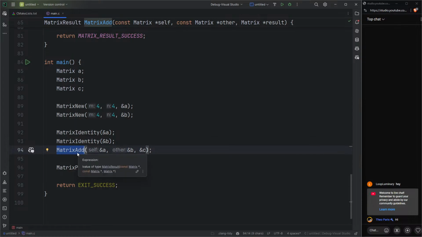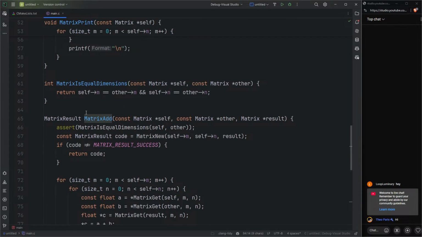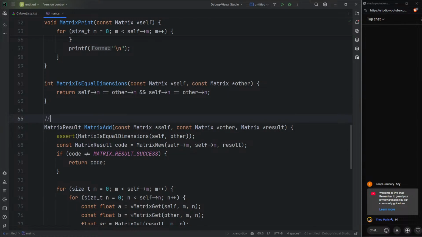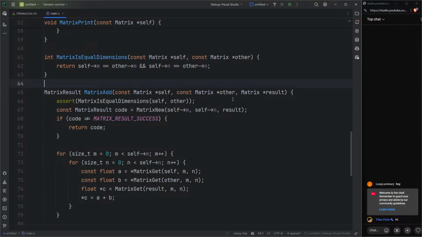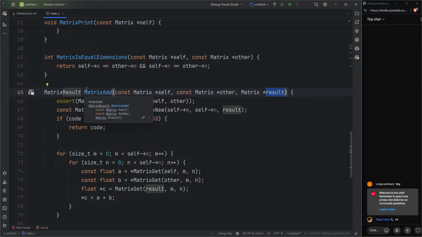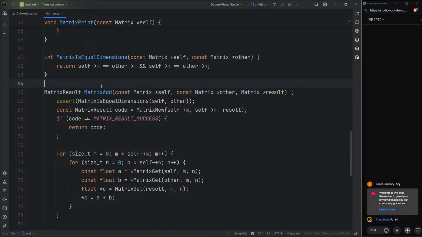it allocates memory itself, right? So if you don't check out, let's say, the documentation of this matrix add and the actual library, like who implemented this matrix library told you that it actually allocates the results matrix, or you check the code yourself to see that it actually allocates memory through this matrix new function, then you would have a memory leak easily, right? So a good design choice would be to never allocate memory, to let the user always allocate memory